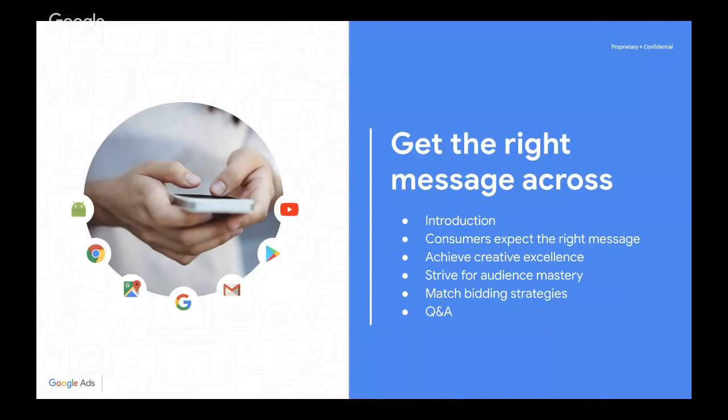Then we want to highlight how important it is to have the right message for your consumers. Then we want to give you some practical examples of how you can achieve creative excellence. And then we want to teach you a little bit about audiences and how you can mix and match that with